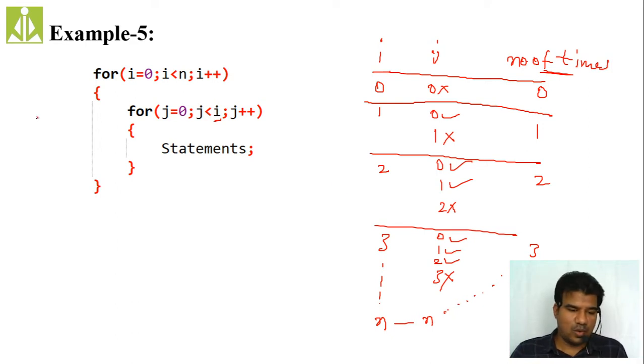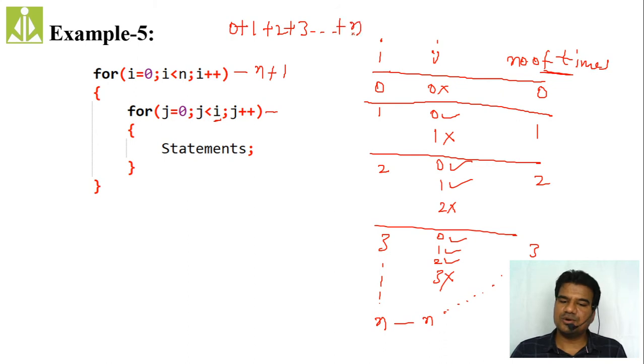Okay. So what are my possibilities for the external loop? This is n plus 1 times, and the internal loop, it will get executed if you count all these things: 0 plus 1 plus 2 plus 3 and so on up to n. So in order to know how many times the internal loop gets executed, you have to add all those numbers of times, isn't it? 0 plus 1 plus 2 plus 3 and so on up to plus n.